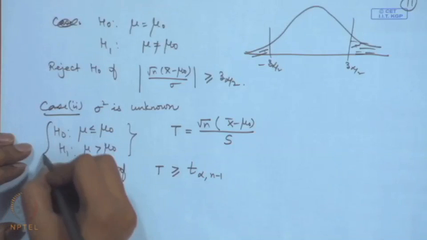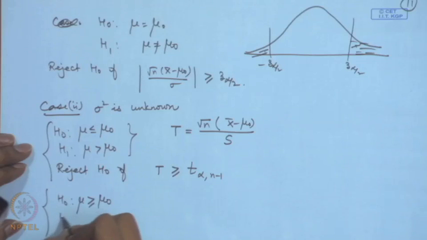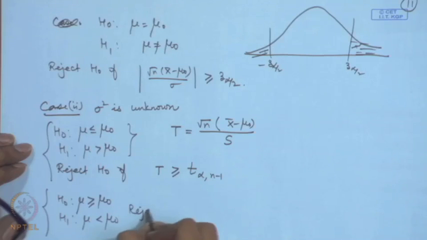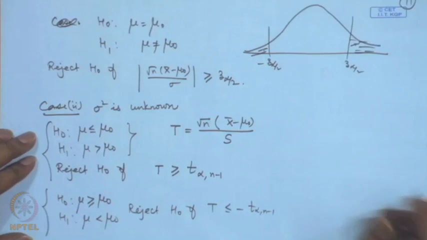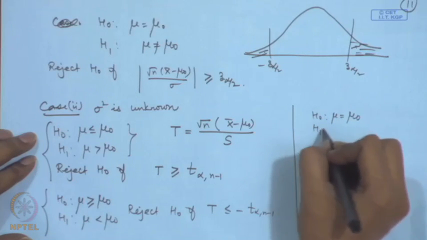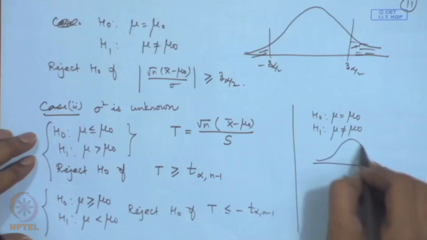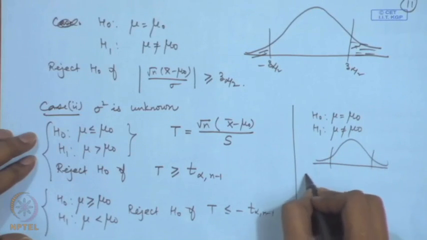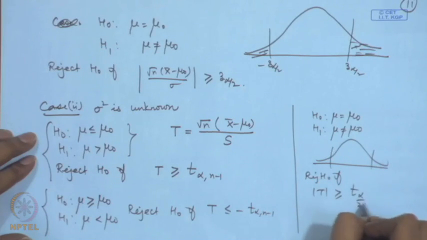On the other hand, if we are considering say H naught: mu is greater than or equal to mu naught against H 1: mu less than mu naught, in that case we will say reject H naught if t is less than or equal to minus t alpha, n minus 1. However, if I have H naught: mu is equal to mu naught against H 1: mu not equal to mu naught, then as in the normal distribution, t distribution is also a symmetric distribution. So, you will have reject H naught if modulus of t greater than or equal to t alpha by 2, n minus